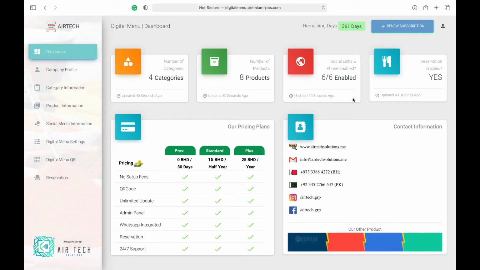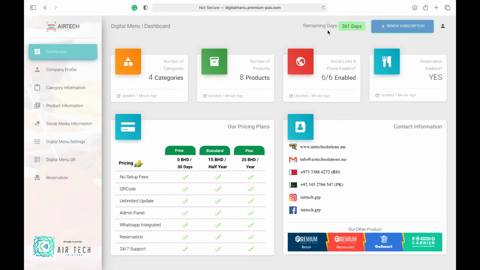And then in these modules we have the pricing plans as well as the company's contact information, like ATech Solutions website, their email, the phone numbers and their social media, and some information about the other products.